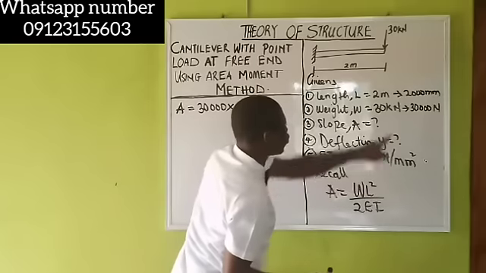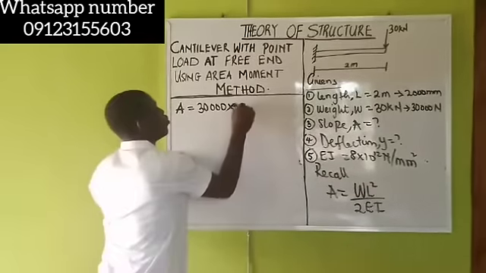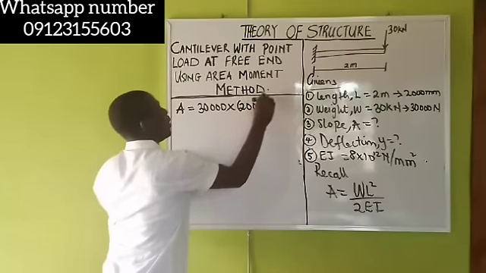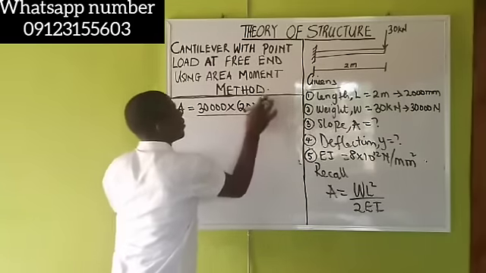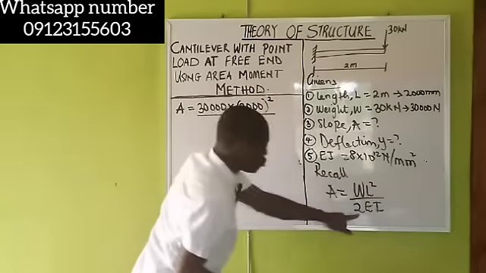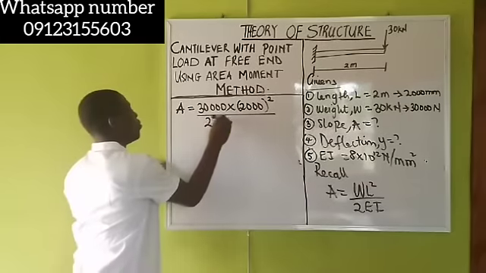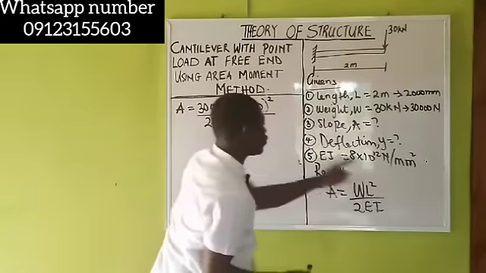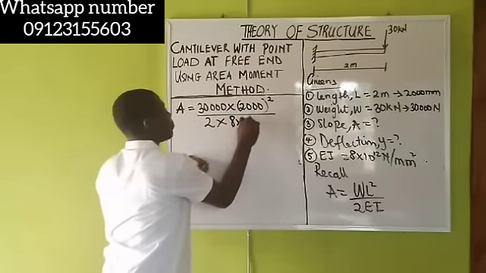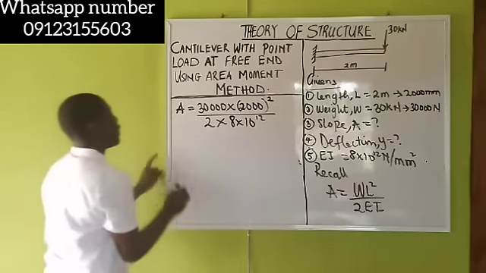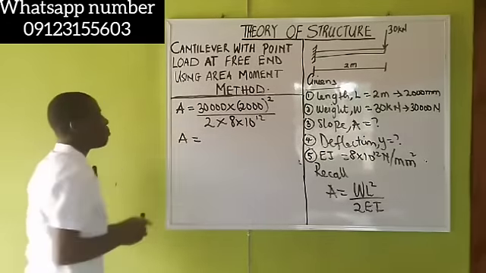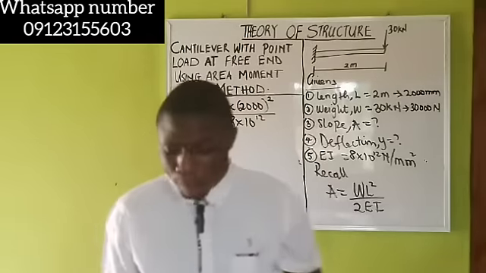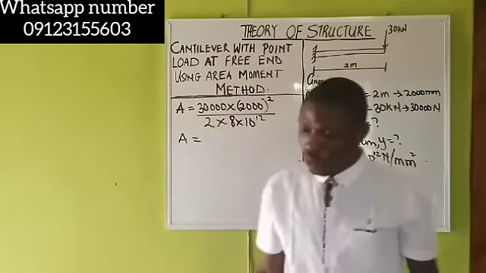My L is 2000, all squared, over 2, this is my 2, multiplied by EI, which is given as 8 times 10 to the power 12. If I punch the calculator, my slope equation will be